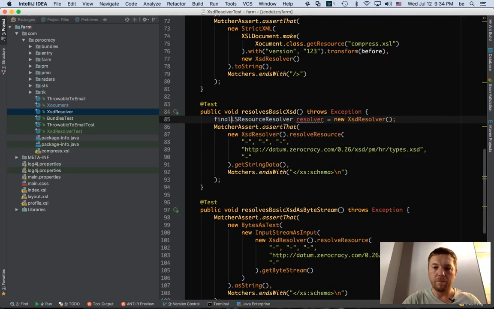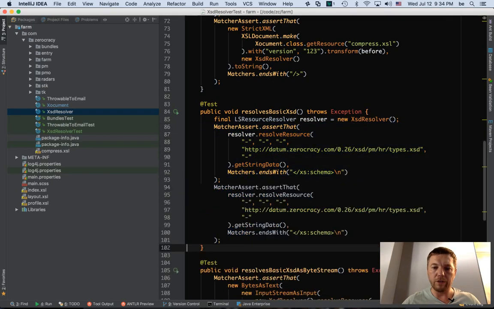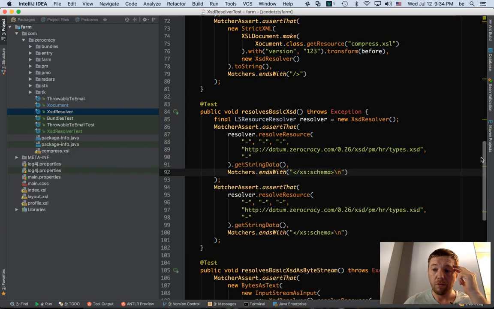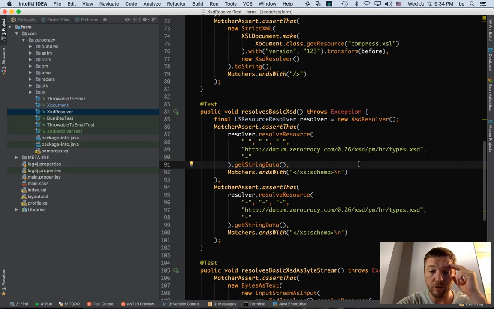So we have a resolver, and then I use the resolver. And then let's try it again with exactly the same resolver. Do this operation again. So it seems that was the issue. No. So it loads it the second time exactly the same as the first one.